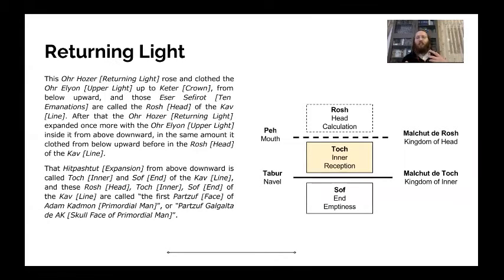So then the syringe becomes the Or Chozel, it becomes the returning light. It's being bounced off the skin, and it actually clothes the medicine, the light that is actually going into the skin. So you can see how if there wasn't that syringe, you couldn't inject the medicine. So what you want is the medicine, but you need something to be rejected. You need that returning light.